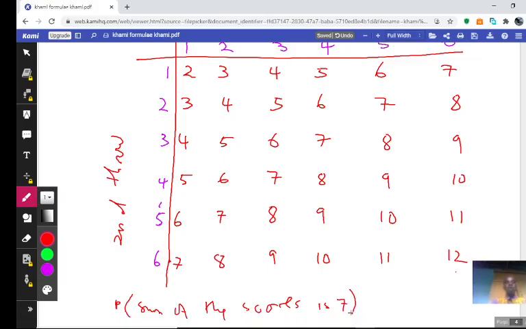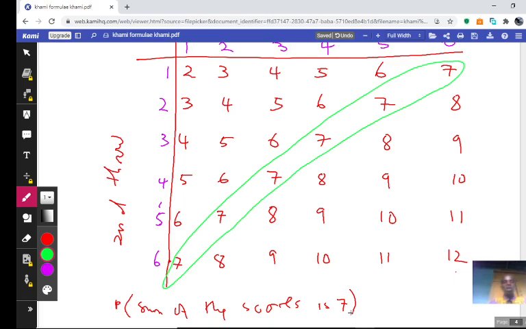So just count how many 7s do we have here. How many 7s do we have? So these are the 7s that we have. So count how many 7s do we have. 1, 2, 3, 4, 5, 6. So it will be 6 7s over total number of outcomes altogether. How many are they? They are actually 36. So 6 over 36. Then please, you have to simplify it to its simplest form. So 6 over 36, it will be 1 over 6. That will be the final answer.